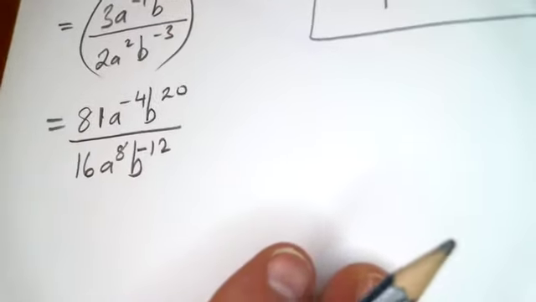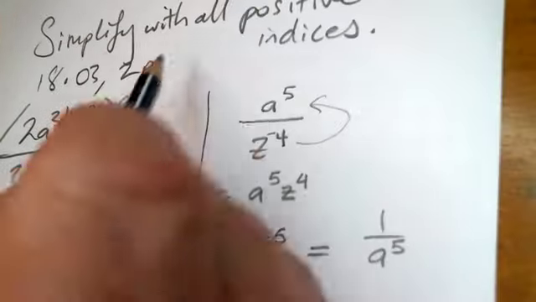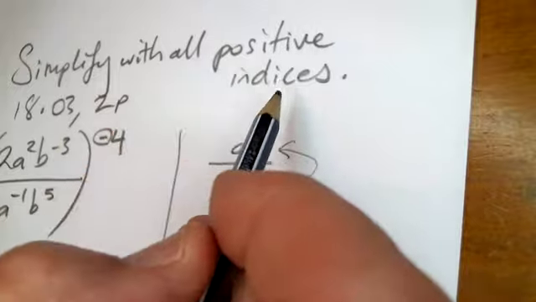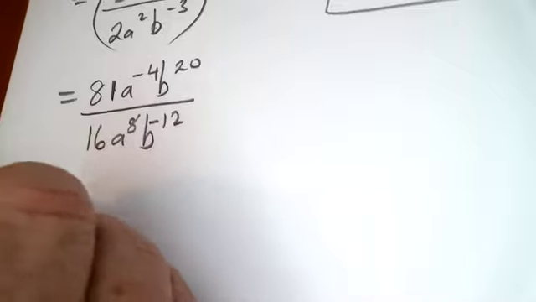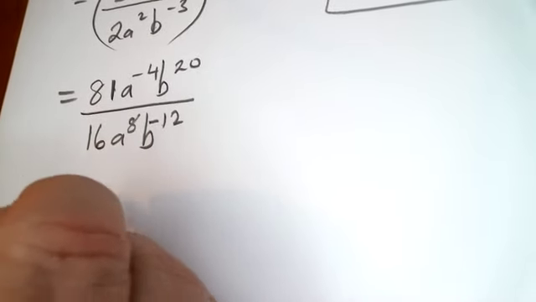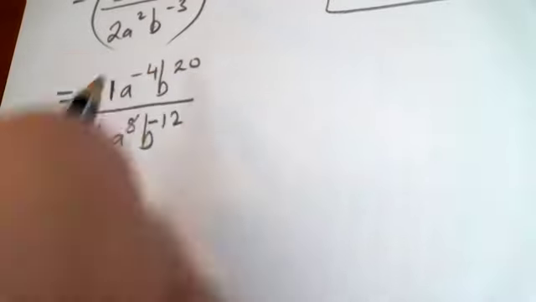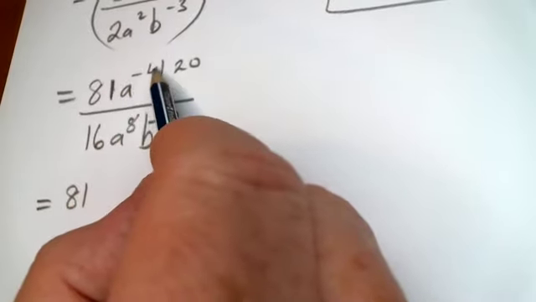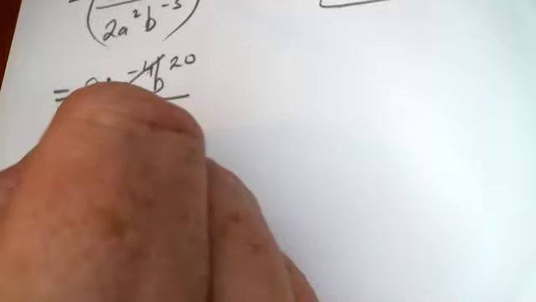So I know if anything's negative and I put it on the bottom, it will become positive. Because remember, we want to simplify with all positive indices. So let's see how we can do that. So here we go, nice and simple. I've got myself an 81. But this time, I know that if I move the a to the negative 4 onto the bottom and multiply it by the a to the 8, it's going to become positive. So I'm going to multiply it by a to the positive 4. So here we go, move that there. And if I now put it on the bottom,